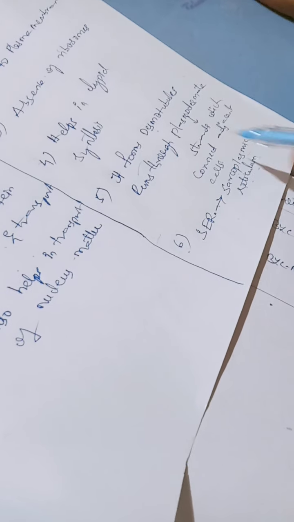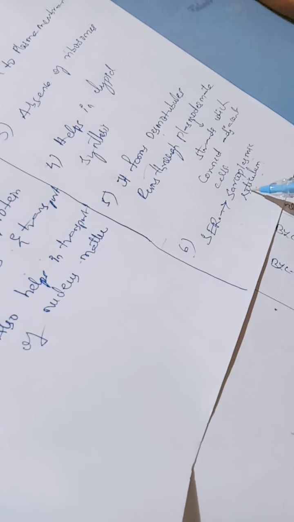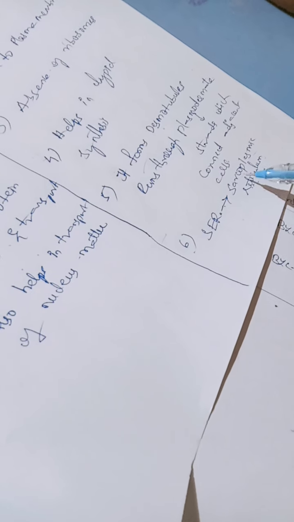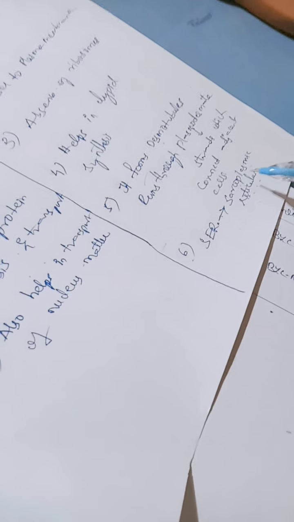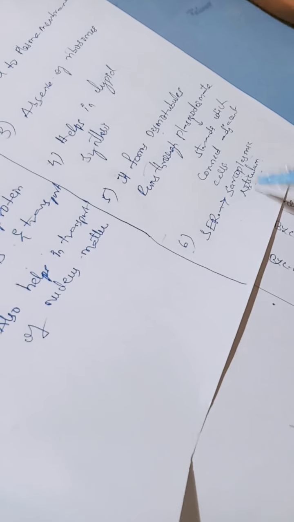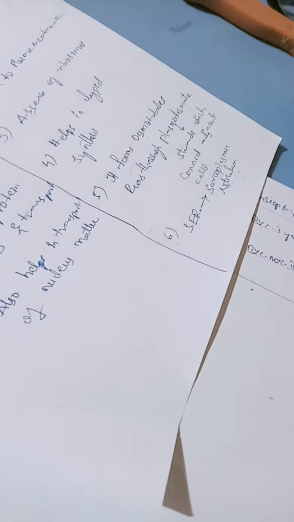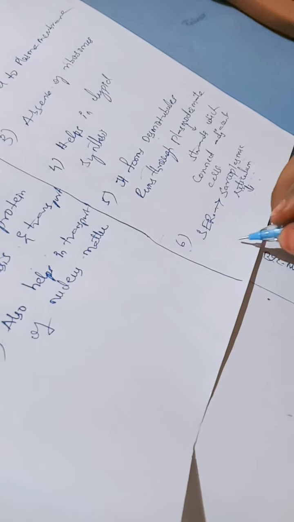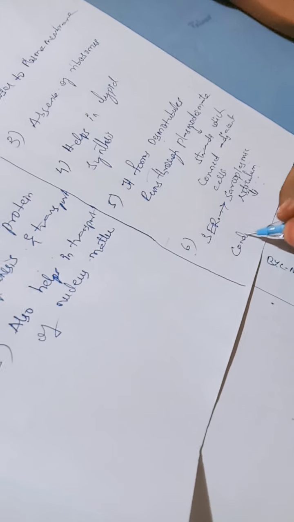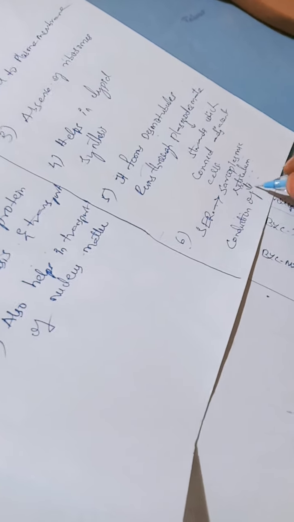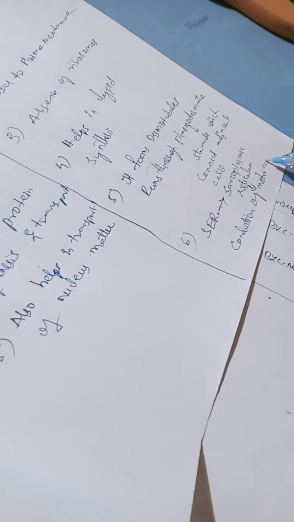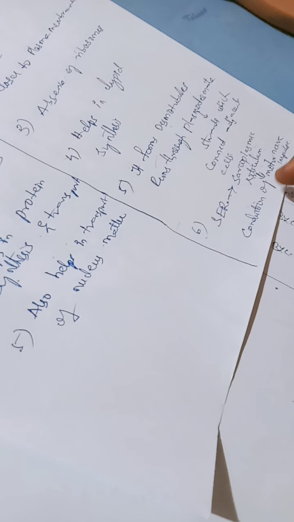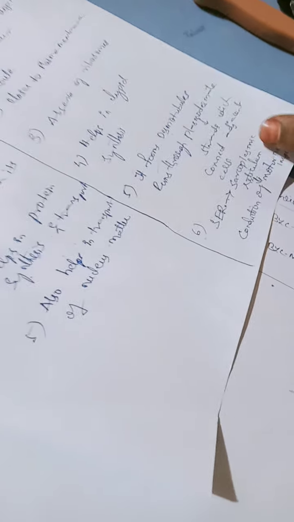Plasmic means something related to the cytoplasm. Reticulum means the network-like structures. So inside the muscle are network-like structures we call sarcoplasmic reticulum. So the term we have given like that. This sarcoplasmic reticulum will be helpful in the conduction of motor nerve impulse. That means SCR is involved in the conduction of motor nerve impulse.